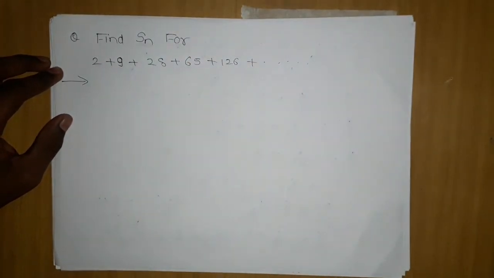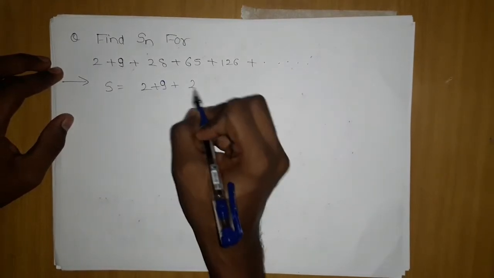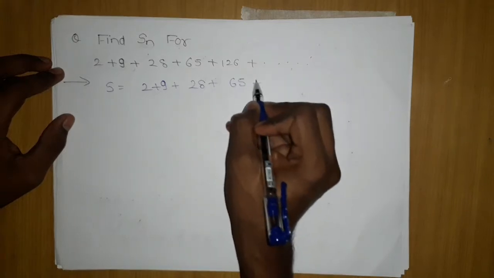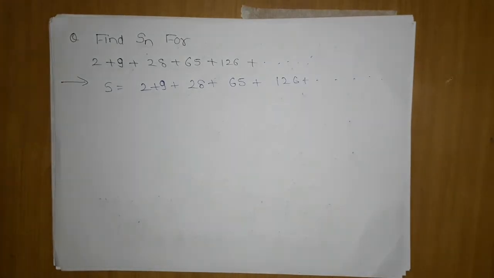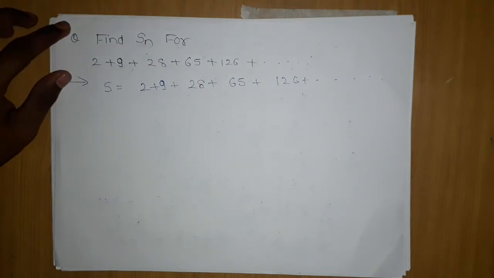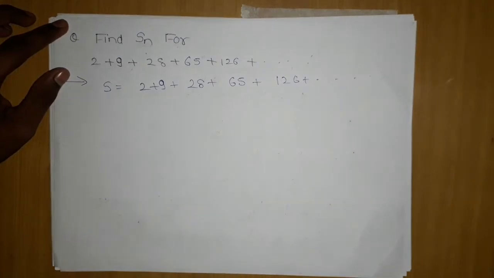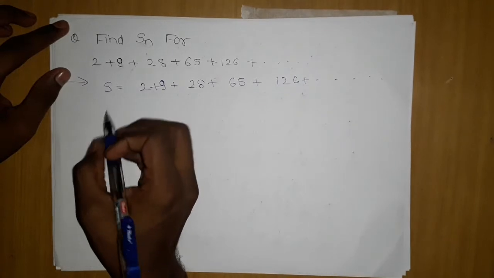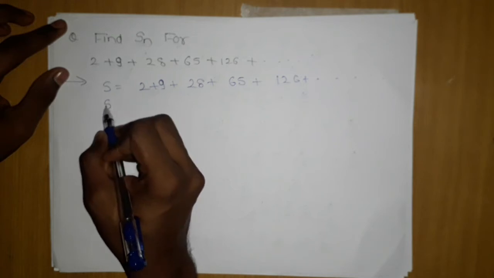Okay, so the first thing was writing S = 2 + 9 + 28. I solve questions in basic ways because no matter how fast you go, every student should understand. Although we have developed our speed, understanding matters, because if you are not able to understand what I am doing, there is no purpose of teaching. So the first step was writing this, the second step is writing the first difference.